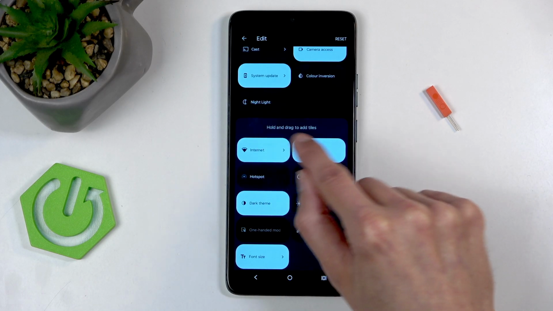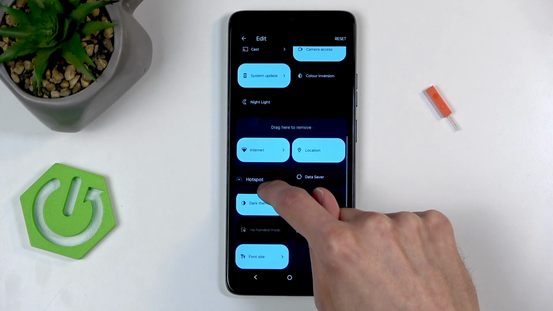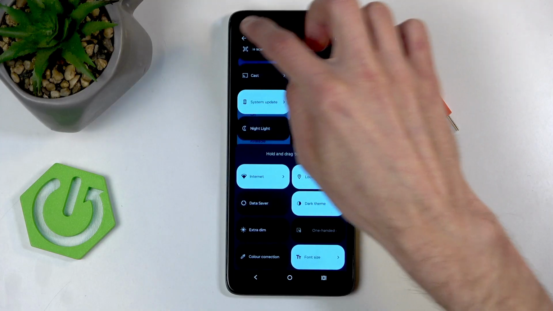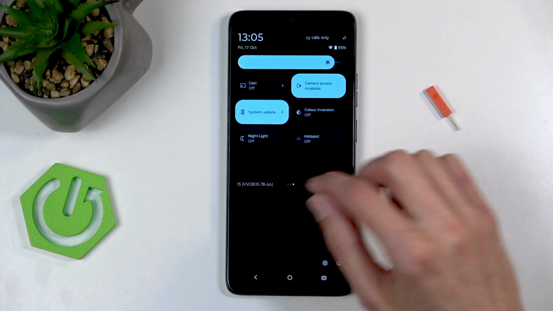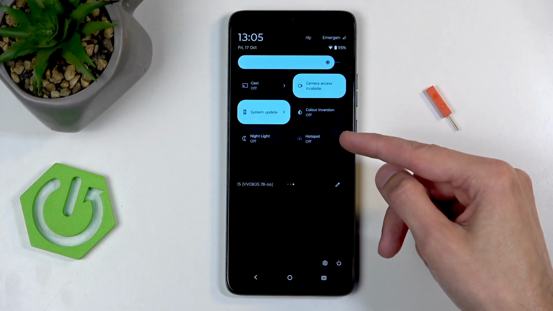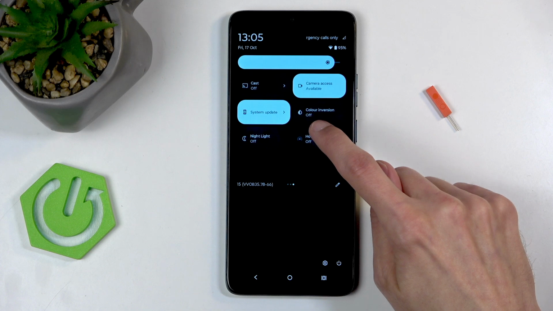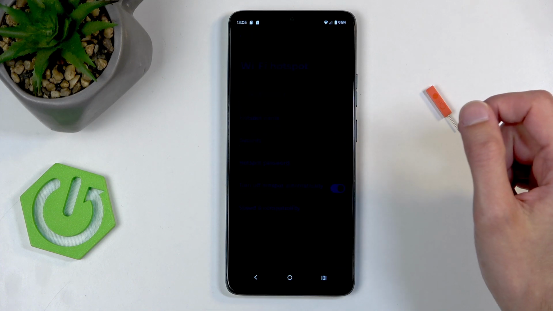So grab it and you will see the text right here change. Drag it above that text, drop it, and then go back. And we should have access to it on one of the pages. Now, once you see it here in the toggle section, you want to hold it, and this now takes you